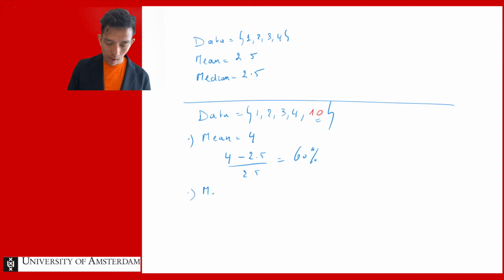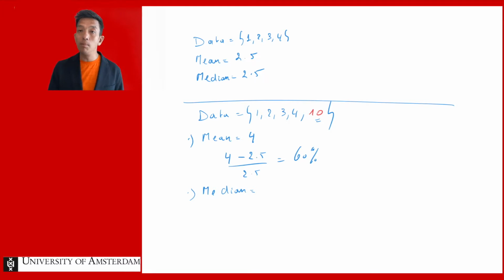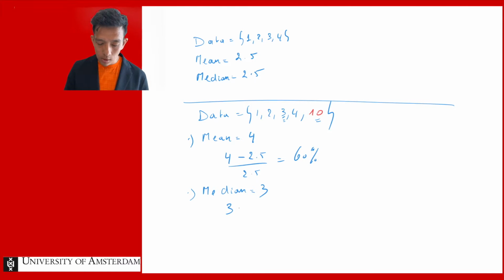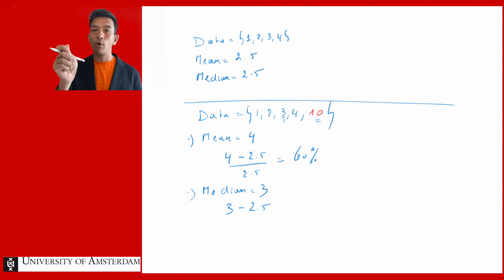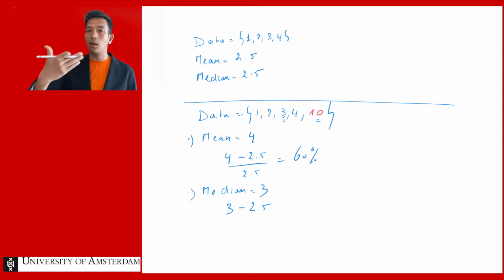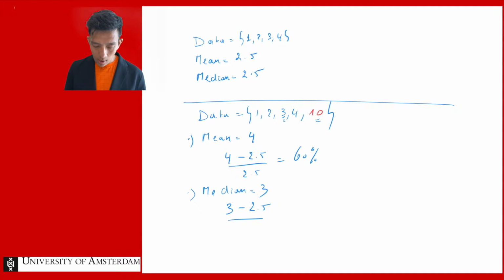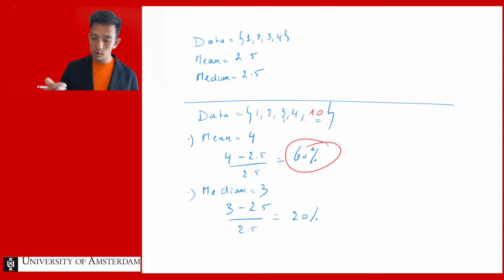Let's see what happens with the median. The median is the middle of your 5 observations, which is 3. Your median only goes from 2.5 to 3. It becomes a little bit larger because you add the 10. And in this case, it's an increase of 20%. So by adding an extreme observation, your mean directly jumps by 60%, whereas the effect on the median is